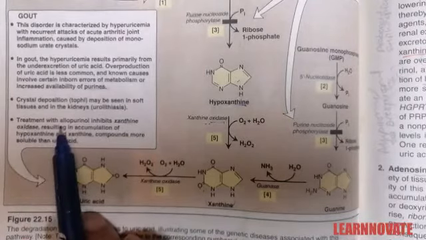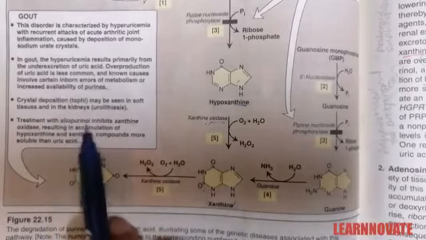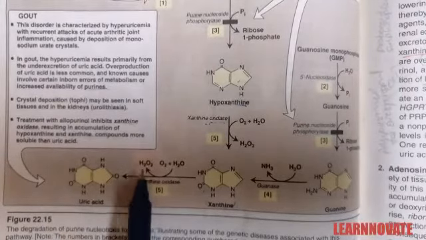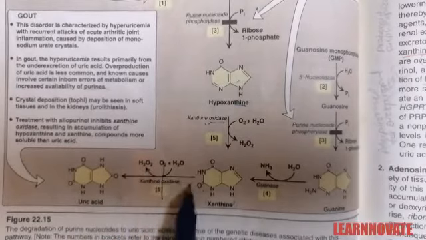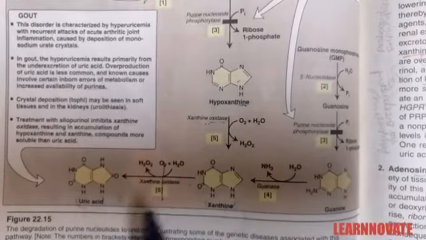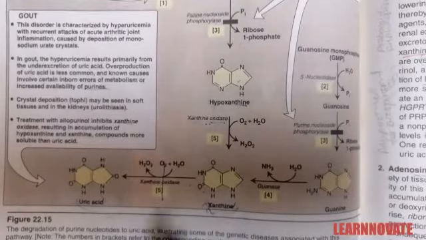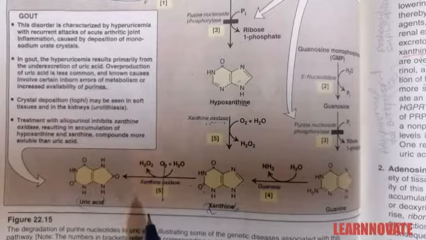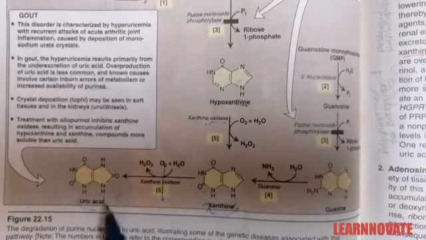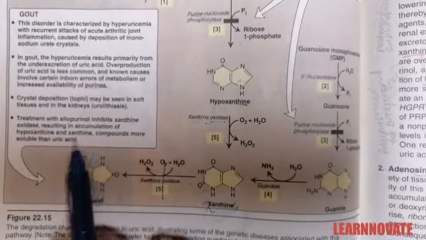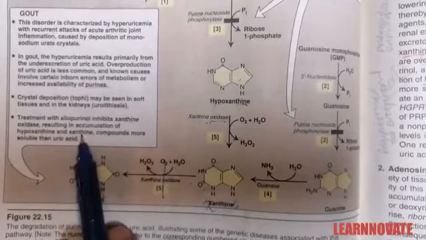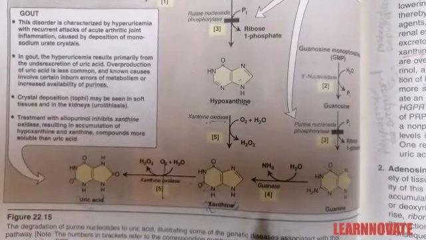The treatment of gout is with allopurinol, an inhibitor of the xanthine oxidase enzyme. What happens if we inhibit this enzyme? There will be less accumulation of uric acid and more accumulation of xanthine. Xanthine, a soluble product, can be dissolved in water and will be soluble in the body. In this way, a smaller amount of uric acid is produced, and the accumulation of xanthine and hypoxanthine will be more, and these compounds are more soluble than uric acid. So it is a lower risk factor. That's why we use allopurinol as a treatment for this gout condition.